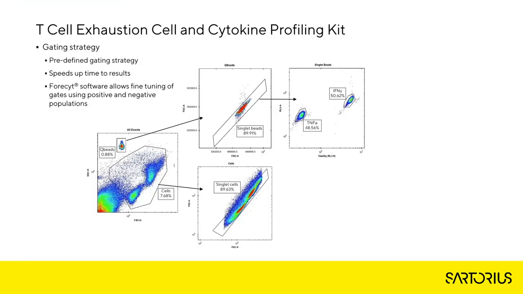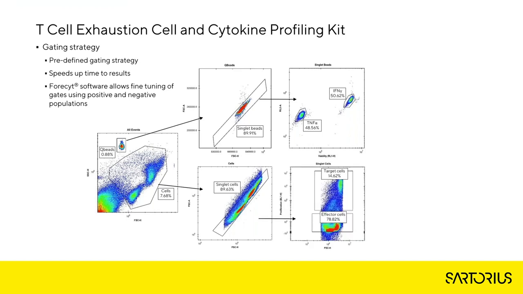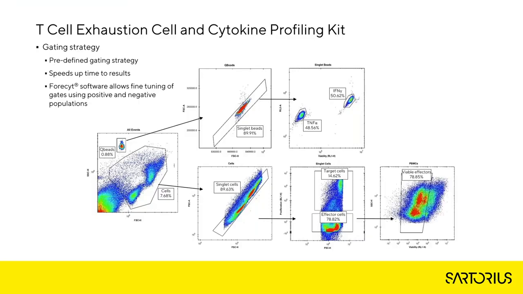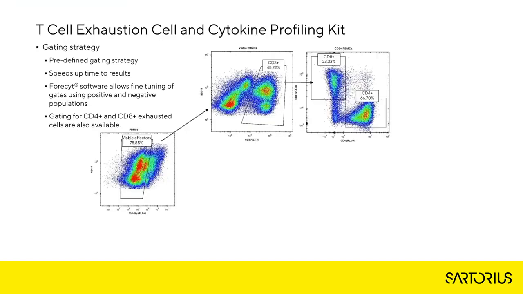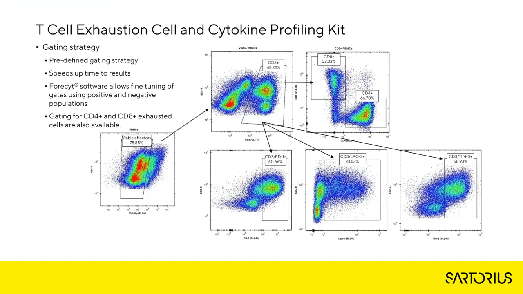the bead's internal fluorescence. The single cells can then be split into effector and B green encoded target cells. If target cells are not used, then the effector cell may be encoded with the B green encoder dye provided with the kit. Viability of effector cells can then be deduced, and live effectors can be taken forward into the phenotype gates. CD3 cells are first identified, and these are further phenotyped into CD4 helper and CD8 cytotoxic populations. Finally, PD1, LAG3, and TIM3 positive cells can be identified in each of these groups.